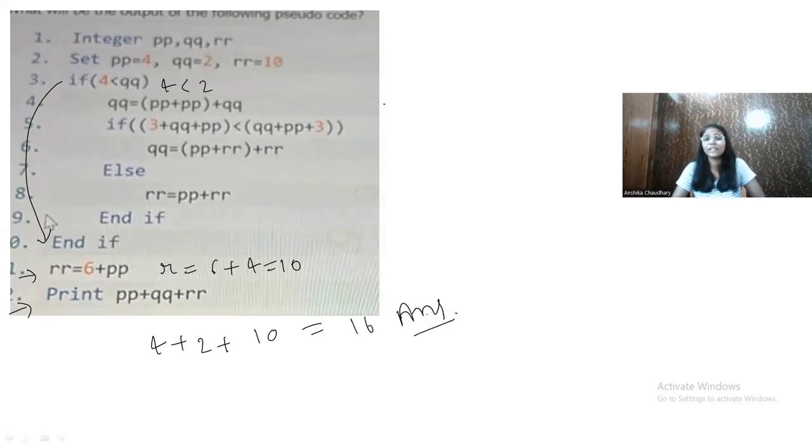And I observed that in Accenture, pseudocodes are of basic level, and mostly the bitwise operation based pseudocodes are coming frequently, right? So make sure to be prepared with bitwise operations.